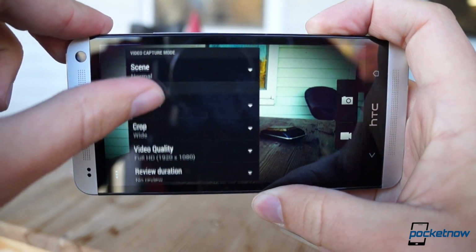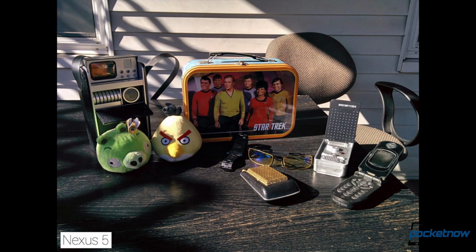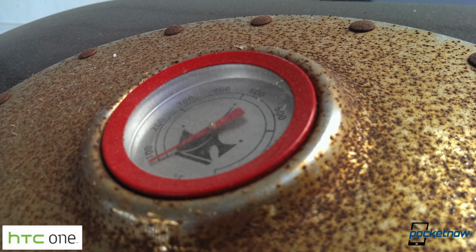And those shots are, again, inconsistent. The One tends to swing wildly between over and underexposed output, depending on where it's focused. The Nexus 5 is a little less finicky in this department. But once you do find a nice groove with the One, it can produce some pretty nice shots that sport more color on average than the Nexus 5's. The HTC phone also has a much wider field of view, which we like because it lets us get further